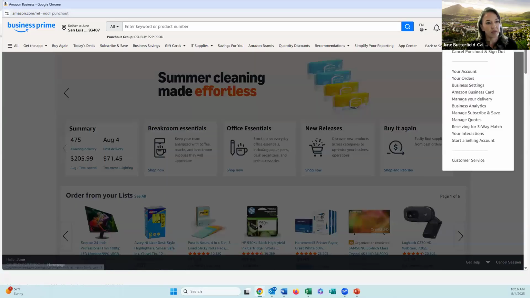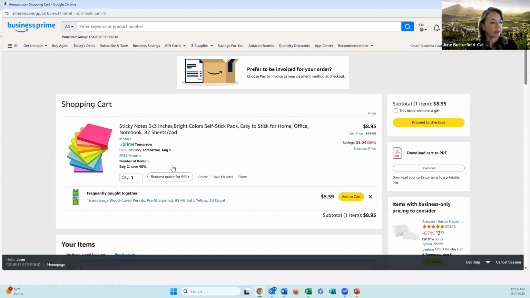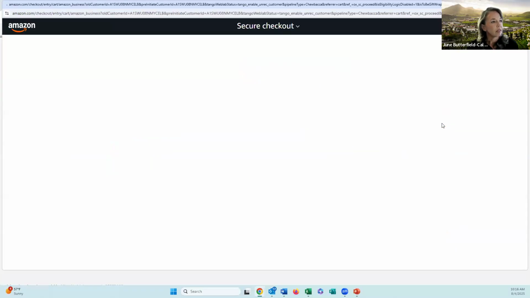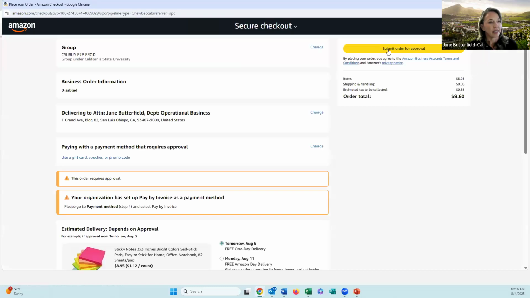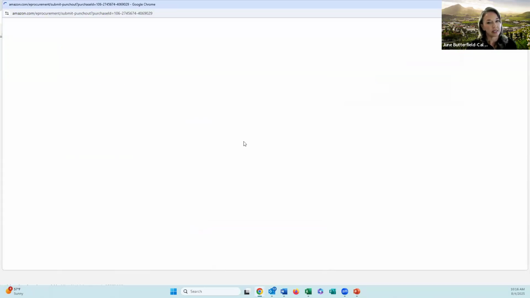Right now, I already have something in my cart. So let's go ahead and select the cart. I'm going to be reordering these sticky notes. Once you select Proceed to Checkout, that Amazon Punchout is going to state Submit Order for Approval. That means it needs to be punched back into the CSUBUY P2P system and route through the approval workflows of the requisition. So once we select Submit Order for Approval, we're going to be punching back into the P2P system,